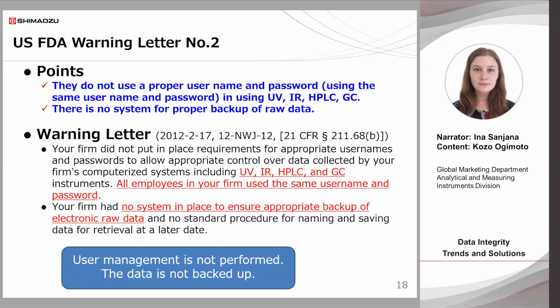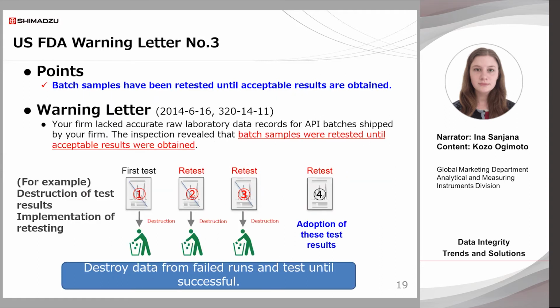Let's look at a third type of problem that is being pointed out recently. In this third example, there is a problem of retesting. As shown in the diagram, the results from the first few rounds were discarded because they did not meet criteria to pass the test. Eventually, results showing a pass were produced, and these were given as the only results. Although the data was not actively manipulated or falsified, this kind of retesting until a positive result is obtained is